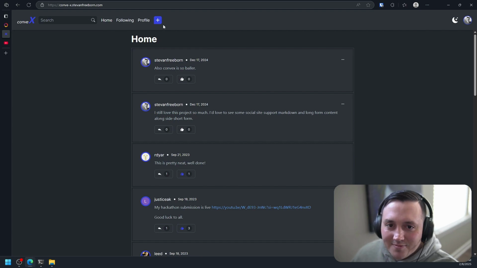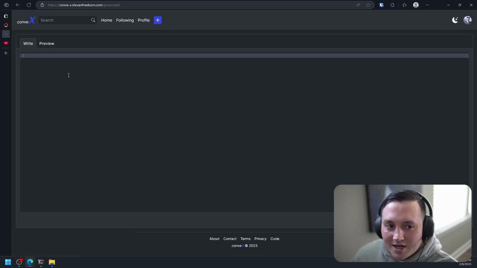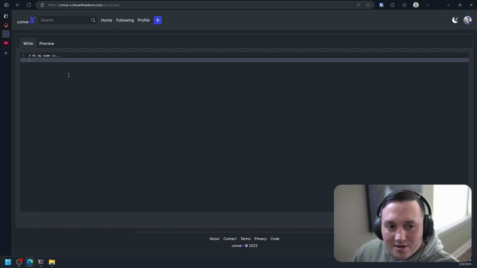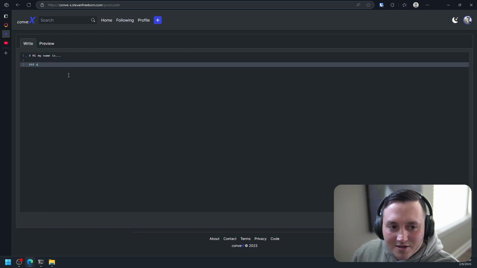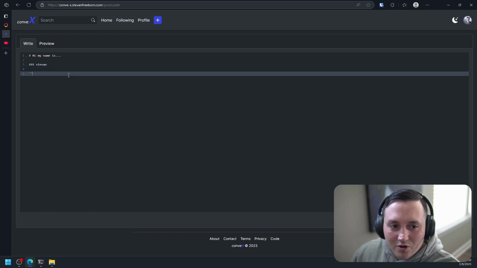I also added some cool stuff. You can do short form posts like this, but you can also do long form posts. So I actually used a legit markdown editor. So you can do, hi, my name is Steven, and you can do other headings. You can do code blocks.